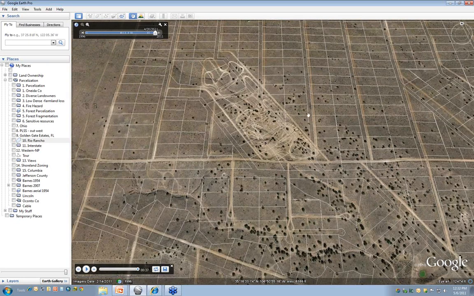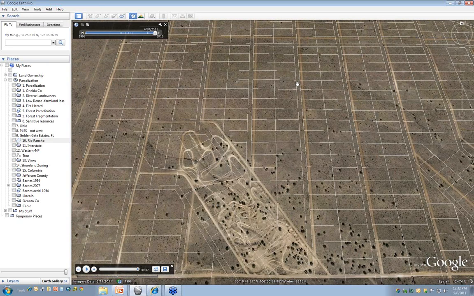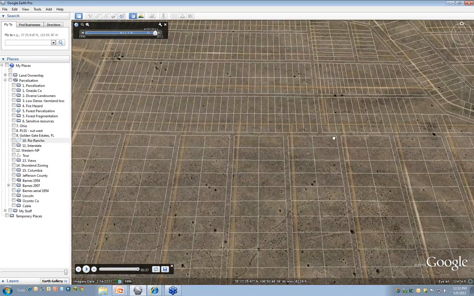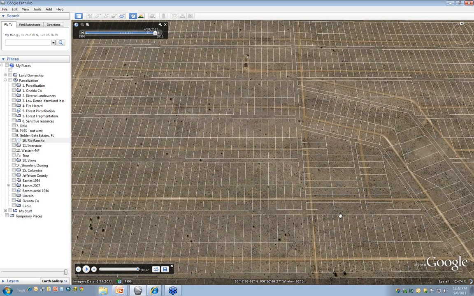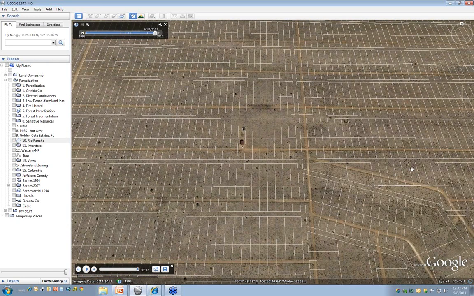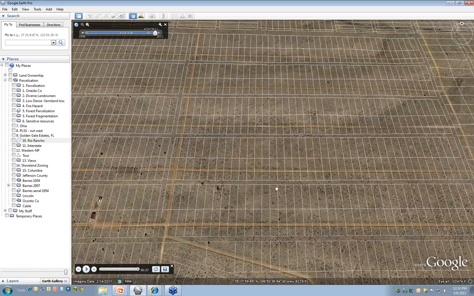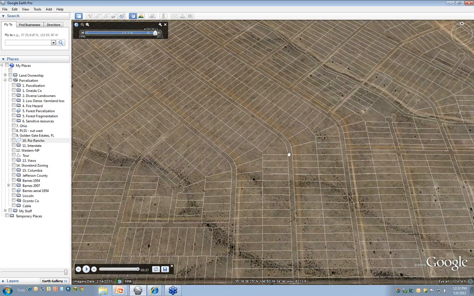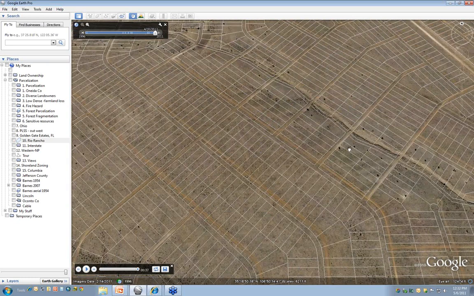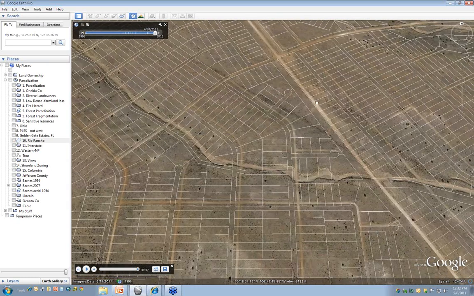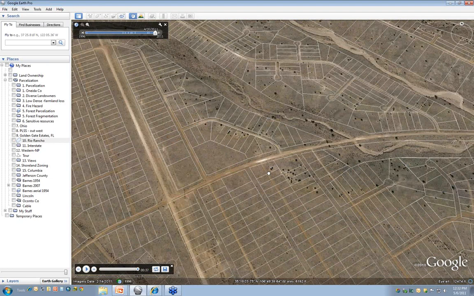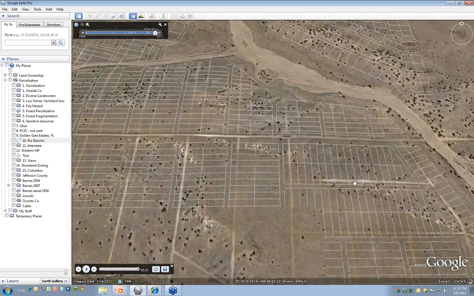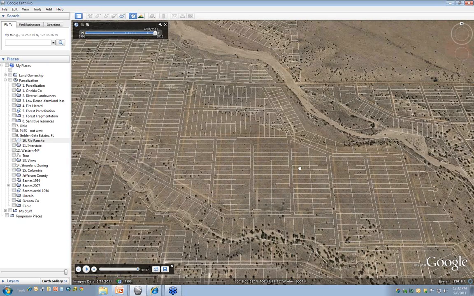A lot of these lots will probably become non-conforming, but a lot of them have been sold to distant buyers, and they look at it as a retirement property. When they retire, they might want to come here, and they might find that it's no longer buildable because of some of the ordinances that are in place. And so I just wanted to show this example of what we mean by a growing population, even though the population isn't quite large enough to fill this subdivision.